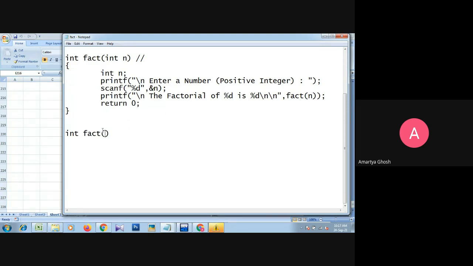we got this value and store it in the local variable, that is int num, suppose num. Okay, so obviously we know this n and this num are not the same, because this n is the local variable of the main function and this num is the local variable of the fact function. Okay,